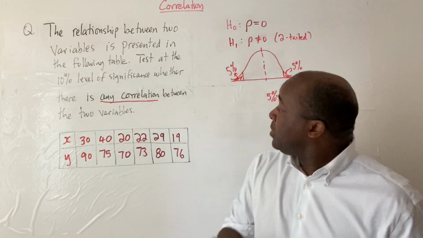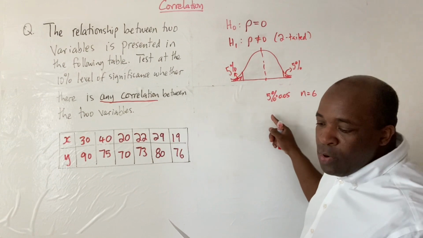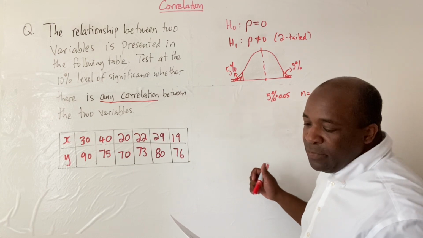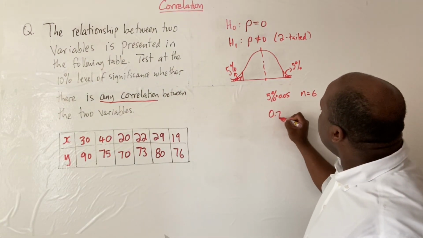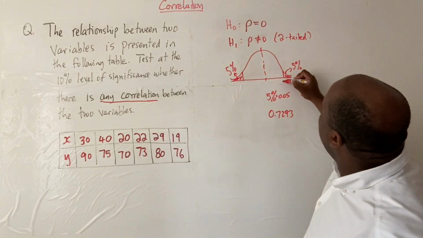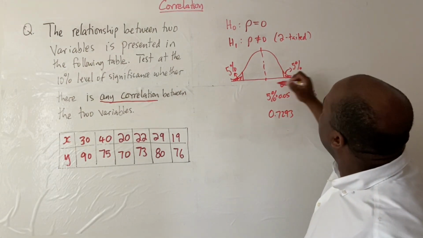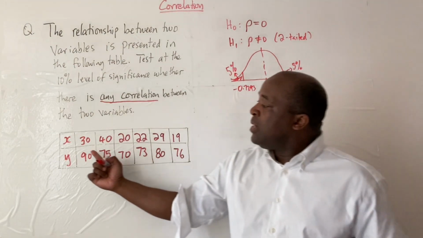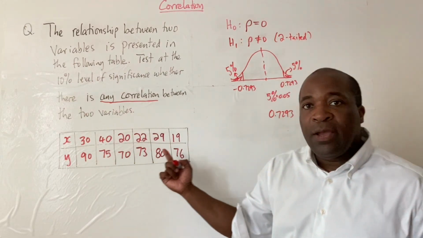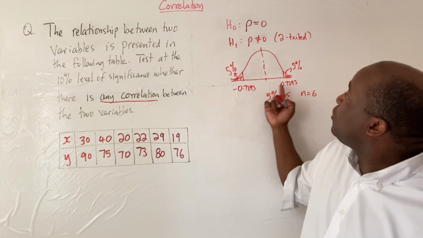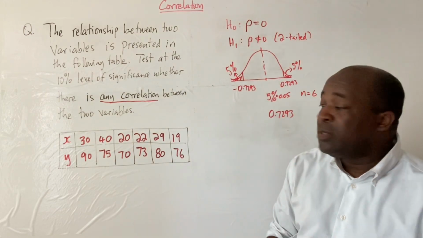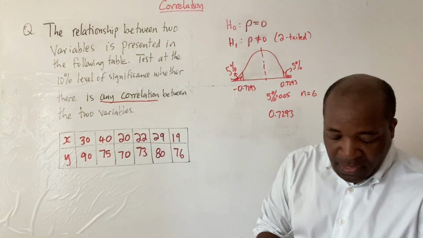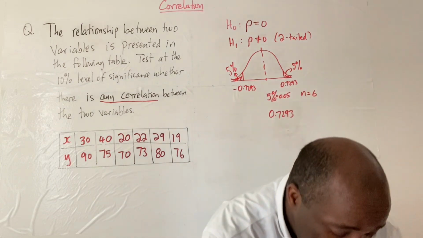Here I'm going to look for n equals 6, and then go across to 0.05, and I should get 0.7293. So my critical value will be 0.7293, and negative 0.7293. As long as I get a value for my correlation coefficient that lies between these, then I will not reject H0. I will only reject H0 if the absolute value is larger than 0.7293. So I'm going to now go